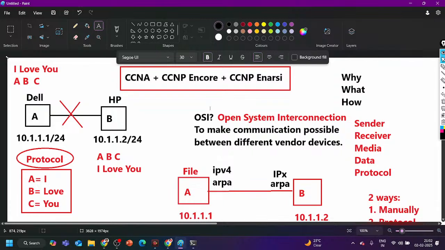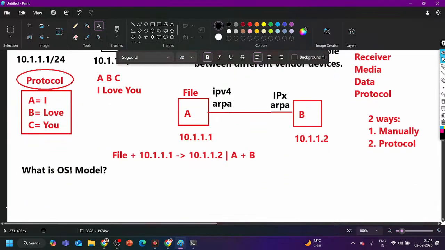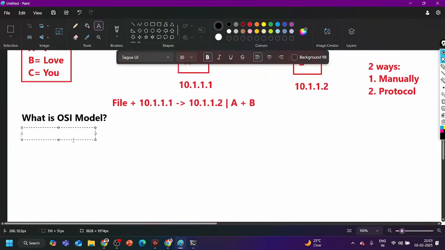OSI model is nothing but a common process of communication, a set of protocols, a group of protocols. This is not a single protocol. But if I am going to tell you what the OSI model is in the easiest language, then the definition of the OSI model can be